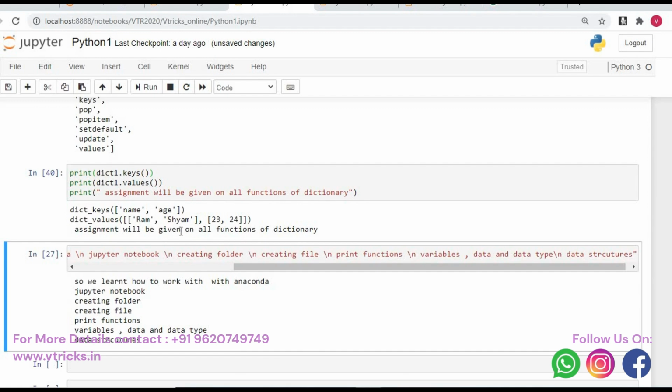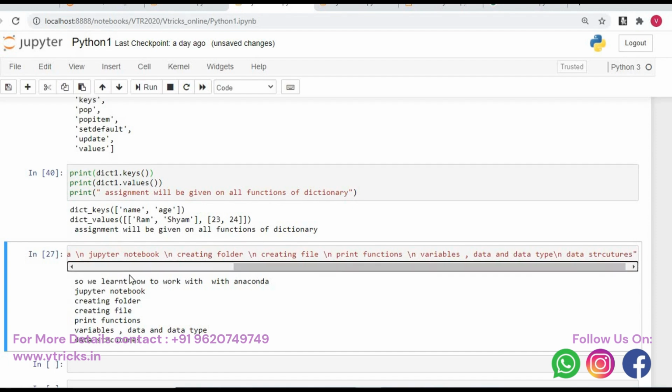An assignment will be given on all functions of the dictionary. Yes, you will get an assignment where you can start practicing what the different functions are and what these functions do, because even though we explain it, it still needs practice from your side. We need to understand what it will do, but don't worry, there is no need to memorize it. We can use it as and when the requirement comes while programming. But you must understand there is a help function to help us, and a dir function which gives you the directory listing. Good. So this is what we wanted to cover.